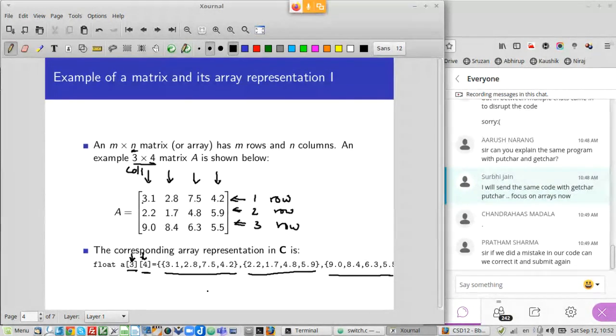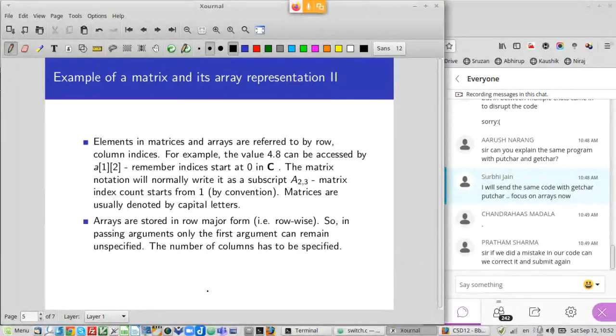Now when you look at matrices and arrays, you want to refer to an element in the matrix or the array. Let's say a is an array. You will refer to it by this notation, so this will be the element in the ith row and the jth column.